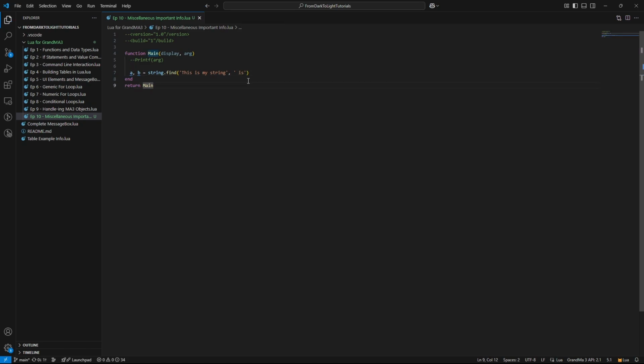Then what it's going to do is it's going to give me A as 5 and B as 7, because as you can see, it's going to go 1, 2, 3, 4, 5. This is this, so that's 5, 6, 7. It's going to give you the location of the first character and the last character.